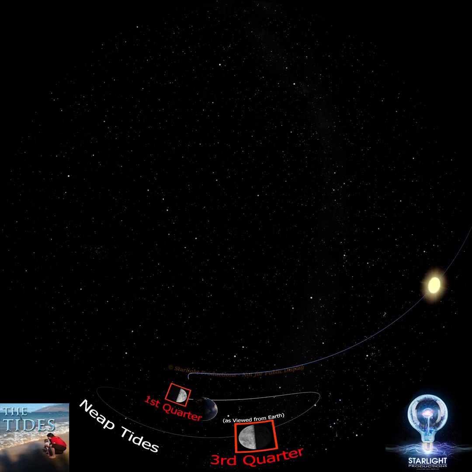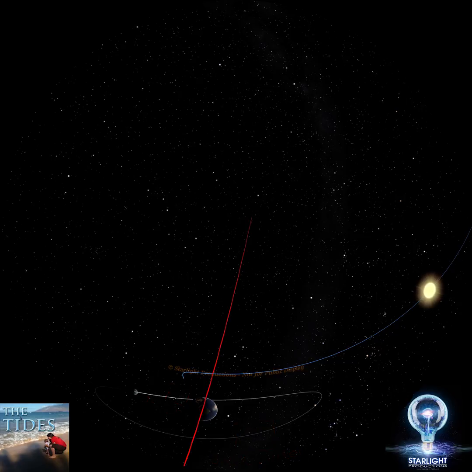Other complications, such as the geometry resulting from the tilt of Earth's axis, can also vary the height of successive tides at a particular location. So, if you enjoy watching the rise and fall of the sea or enjoy the variety of life that flourishes with the ebb and flow of ocean water,